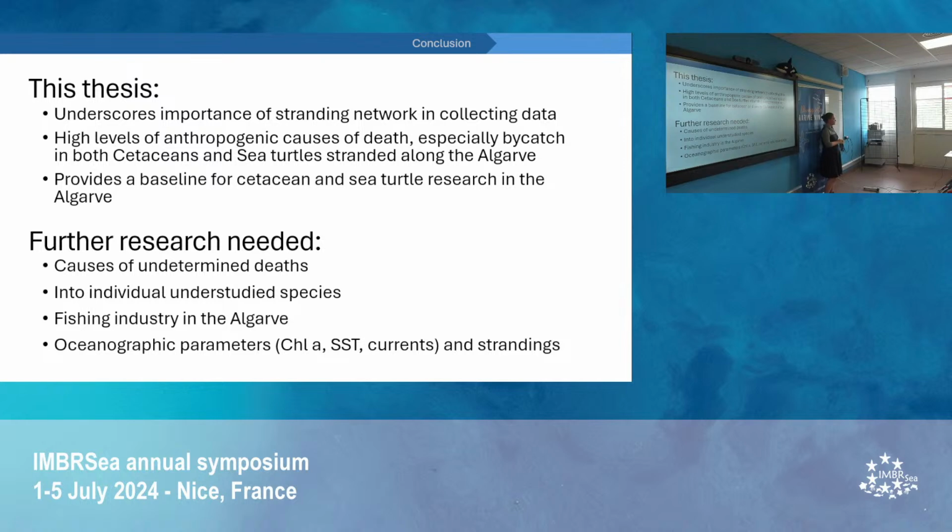You were talking about some hot spots there. Have you looked at anything to do with the topography of those areas, or even the currents? I have not looked at the currents or the topography. There's some idea that the continental shelf plays a major role, which I tried to emphasize, and the topography of the western coast being so difficult to access for our records. But for example, for our minke whale strandings, there's no research that has been done, including my research, that would explain why they're stranding mostly on this side of our coast.